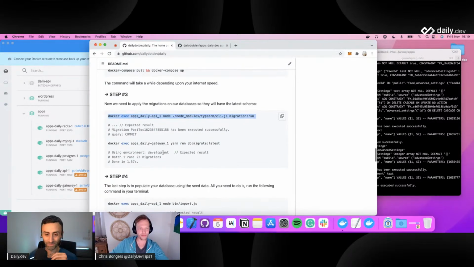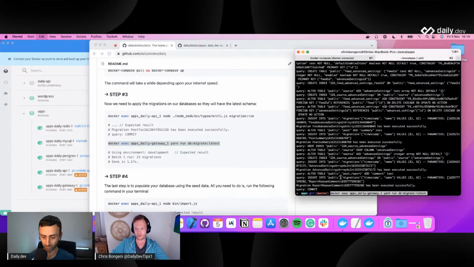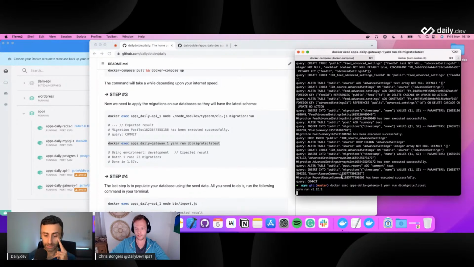And then the second one is to run the gateway migrations. So we'll also do that. Here I see there is a dash. No, there are underscores. Yeah, I'll also fix it. And as you can see here,